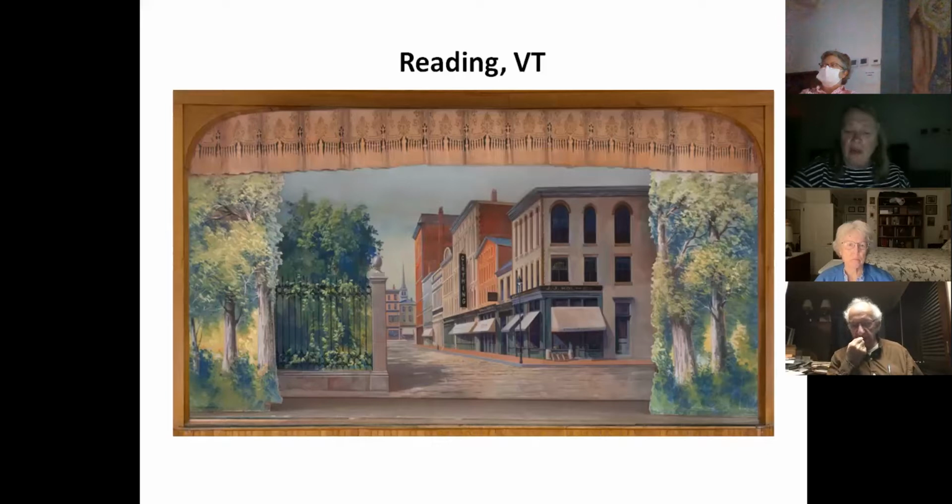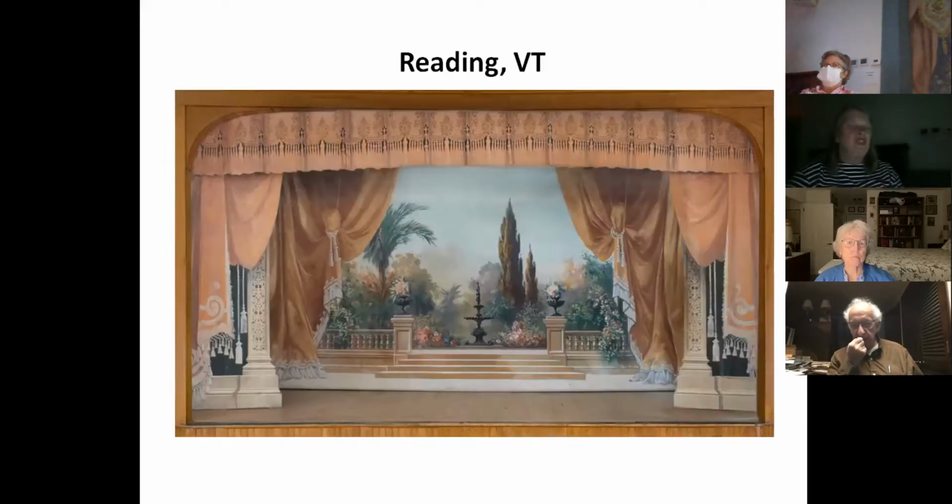All right, now the next one. In this case, in Reading, they had a garden scene. This is kind of an extra. That's not a normal part of a set. This one we found up over the ceiling. There was a trap door on the stage, and up over the ceiling of the hall, we found this curtain